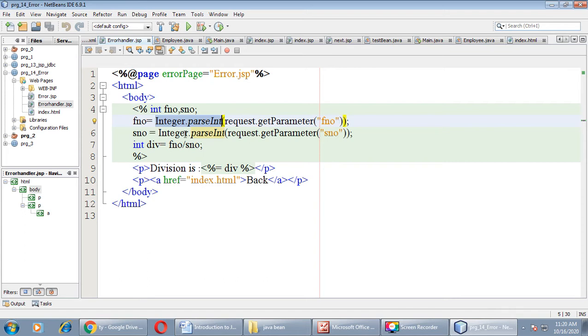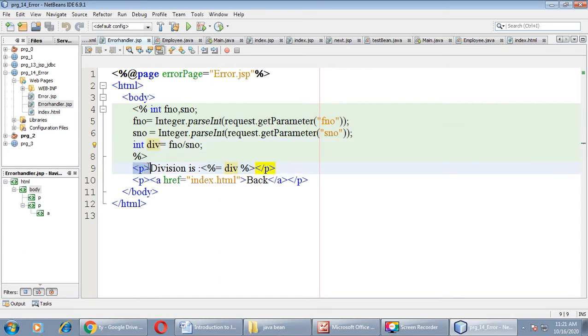For that I have used the Integer.parseInt method. Similarly, for the second number, I have once again used Integer.parseInt to convert it to its numeric value, which will be stored in sno. Now I am dividing the first number by the second number. The result will be stored in a third variable named div, right?